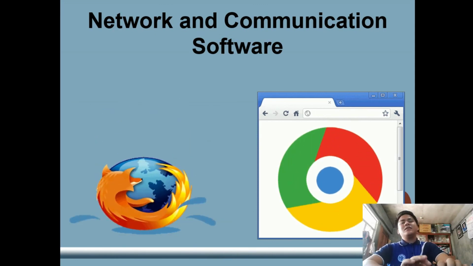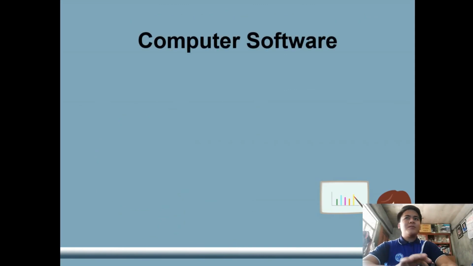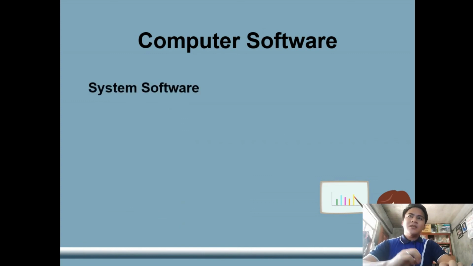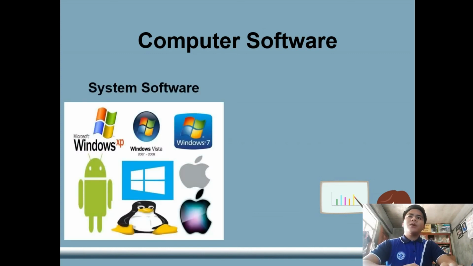Now, that is the different computer software. Always remember that we have two types of computer software. We have the system software, which is the different systems that we can install into our computer. Without the system software, our device or our computer will not work.